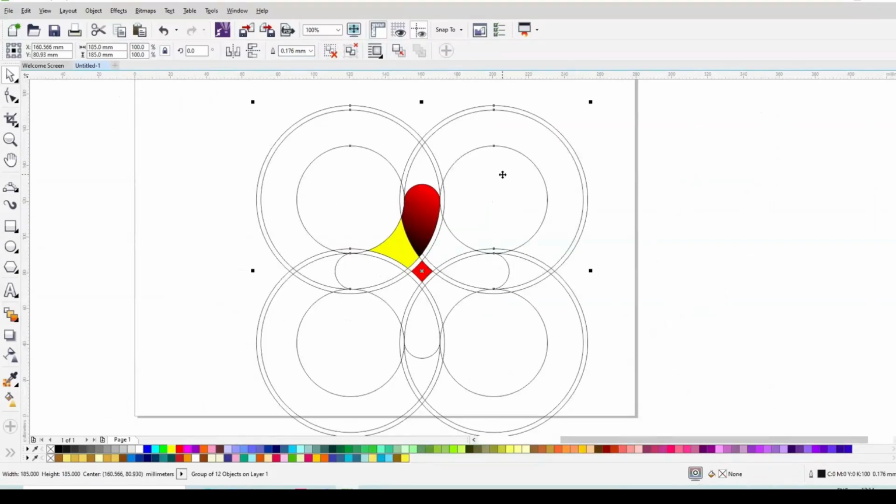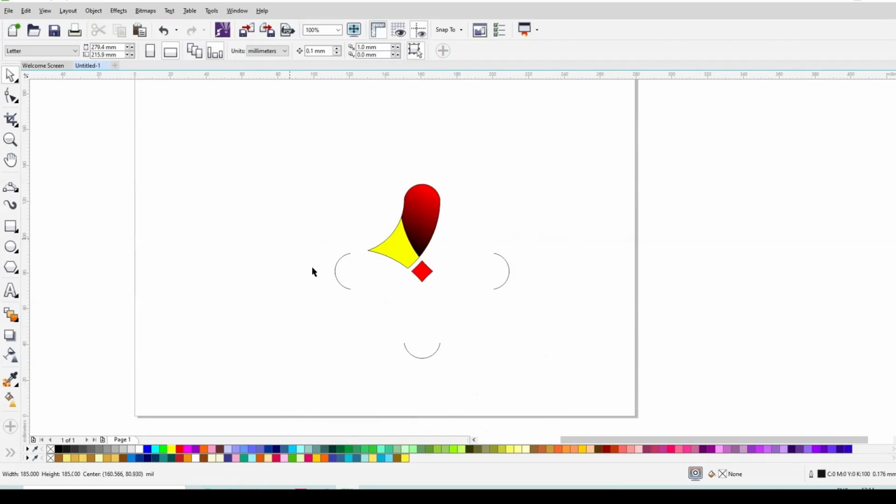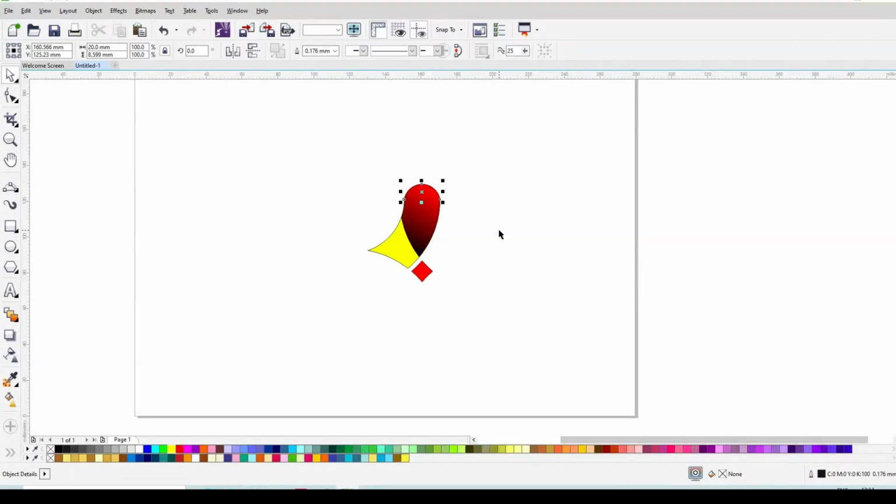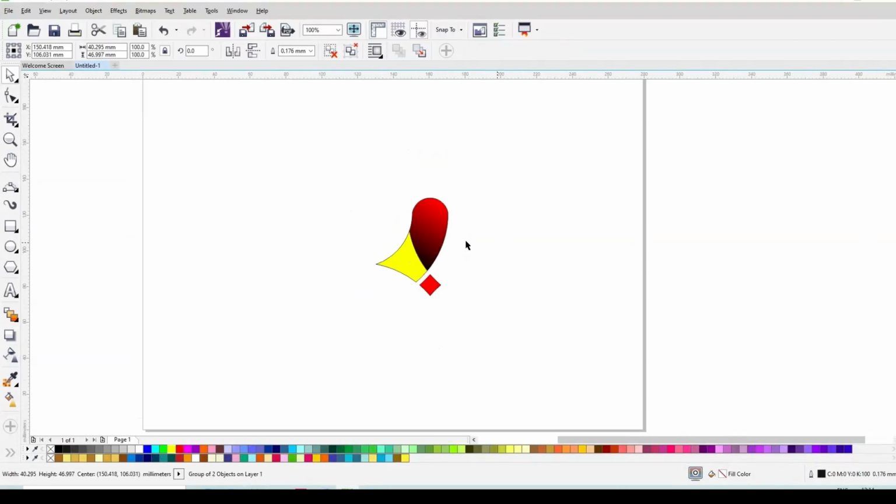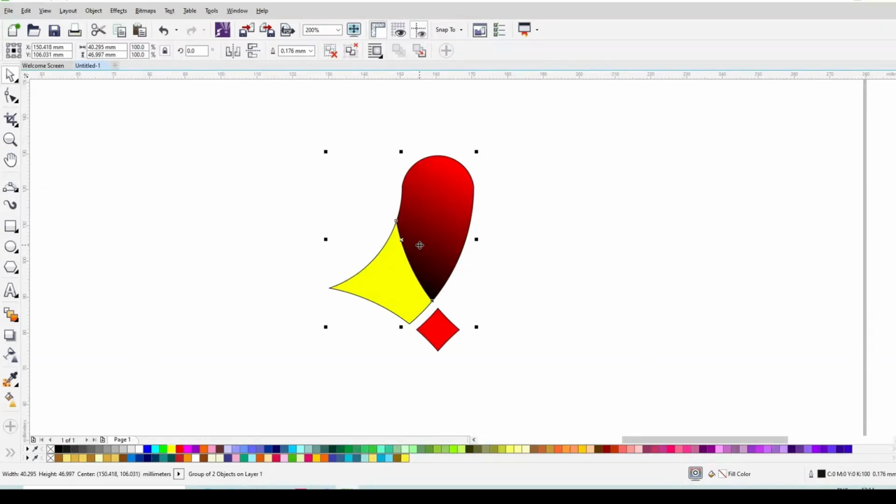Now I'll delete this group, delete all these curves. Select this object now, remove outline from here. Just right click on this cross mark on this color palette